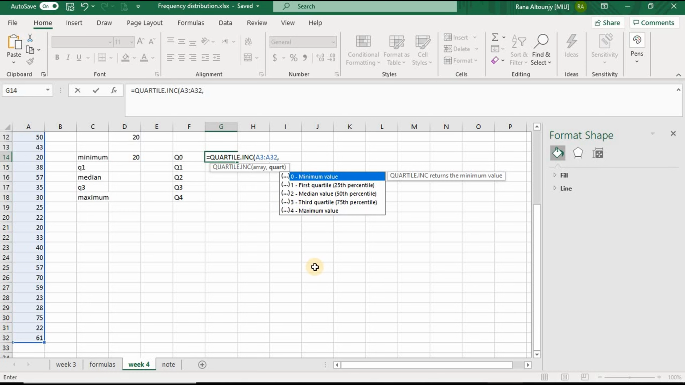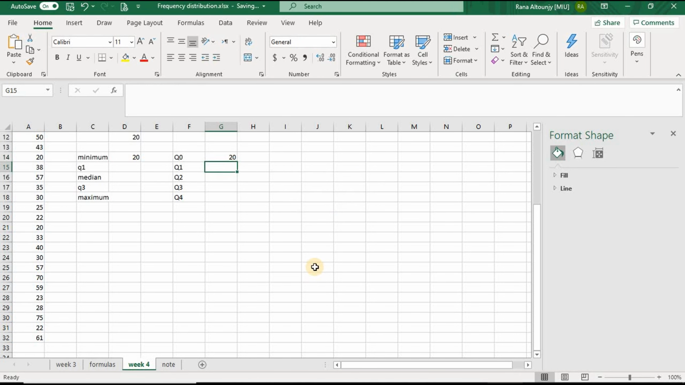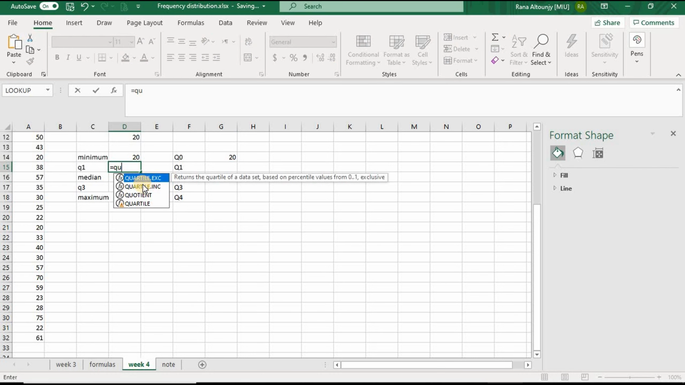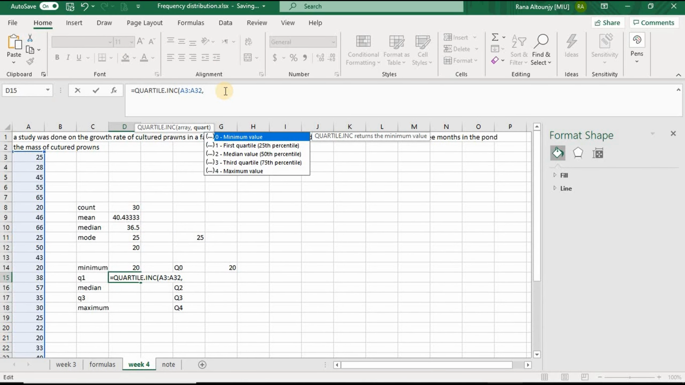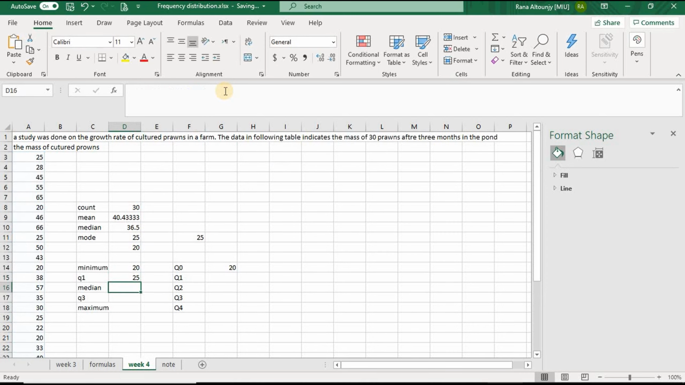So here we are looking for the minimum value. We put 0, then we click enter. So it gives us the same number. To calculate the rest of the quartiles, we can go the same way, which is equal quartile. We put the quartile included, we select the data, then we put comma, the first quartile we put 1, then we put enter, or we can just drag and